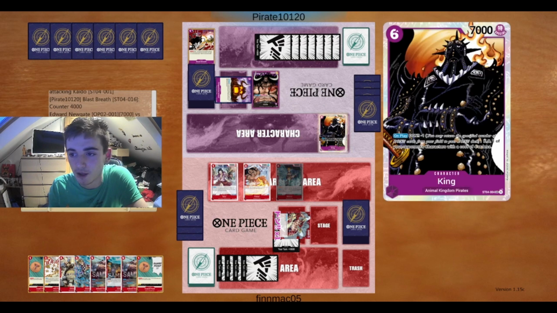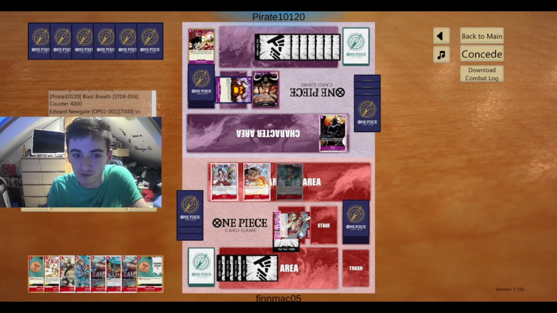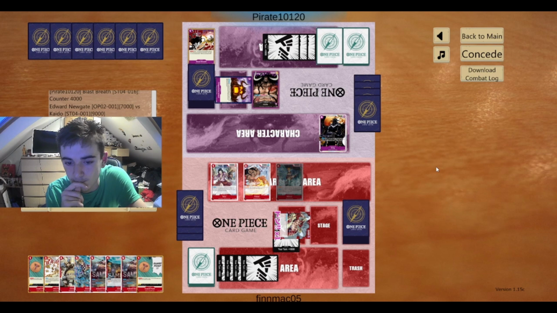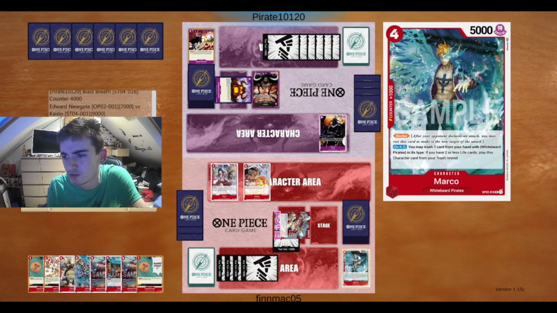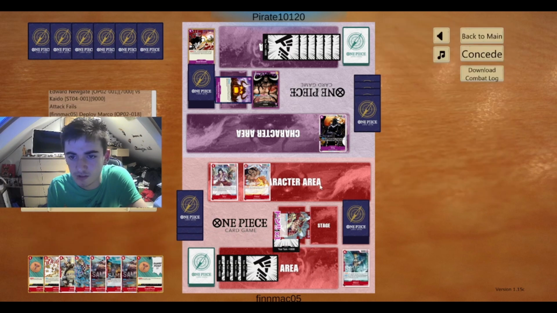Right, sorry about that. Right, if you KO Marco, I'm fine with that, because I can just discard. I'll probably discard Whitebeard, to be honest. That king's not a problem to me, at least for now. His effect isn't a problem. His attack, maybe. Oh, does it not work for an effect? Surely it does. Yeah, surely it...